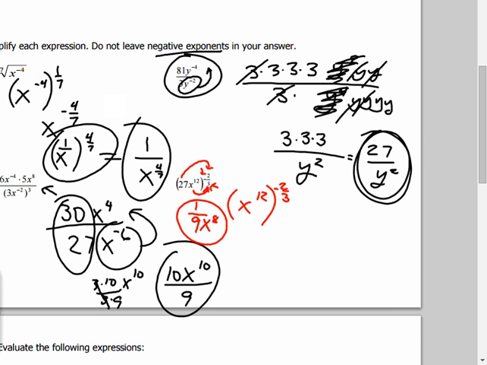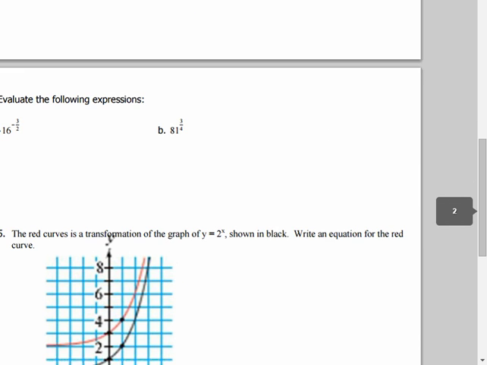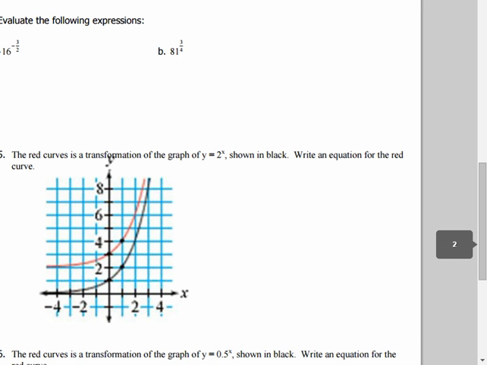All right, and then on the bottom part of this worksheet, problem 4, evaluate. So here I'm going to be square rooting first, then cubing, then flipping. Square root of negative, oh wait, and the negative out here, there's a negative, you can't see it at home. The negative has to wait till last, and then I'm going to have 16,